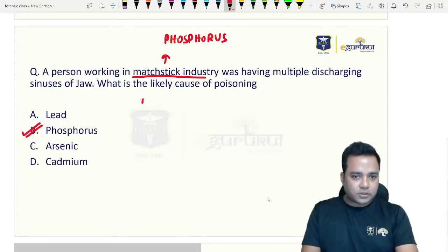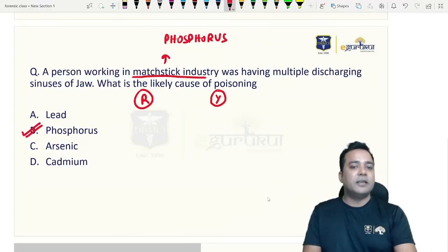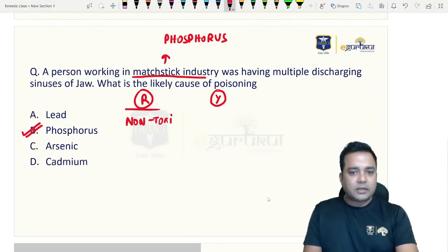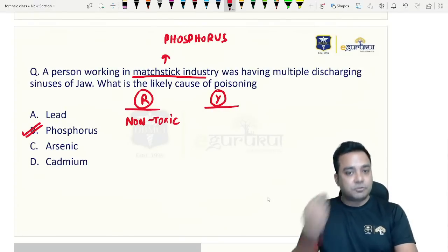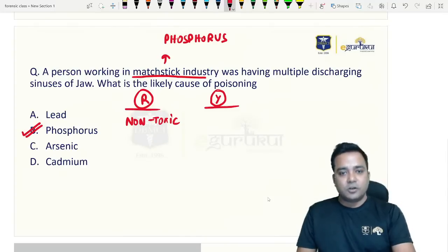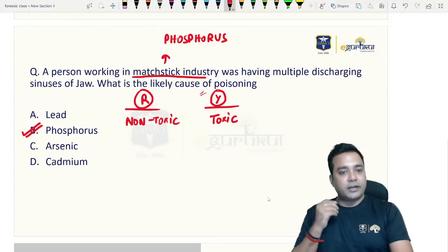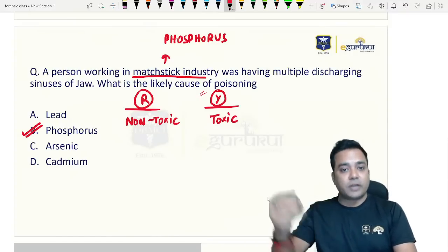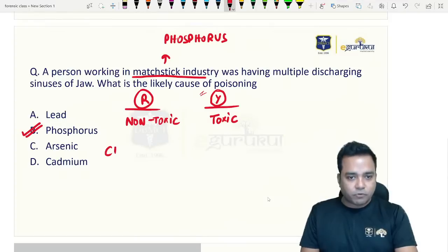And we know phosphorus is of red variety and yellow variety, yellow or white variety. The red one is non-toxic, which is present in matchboxes. This we read now. But there are some manufacturing industries, matchmaking industries, to make money, they use yellow phosphorus too, which is the toxic variety. So yes, if the person gets into contact with the toxic variety, over a period of time he will become a case of chronic phosphorus poisoning.